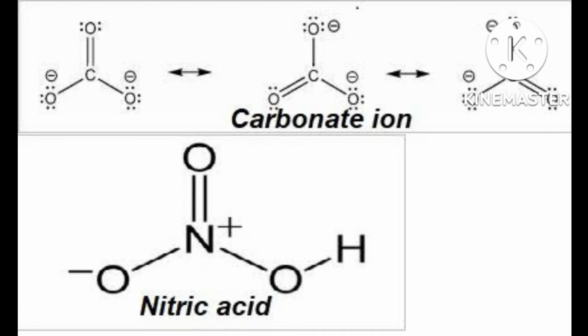The formal charge is based on a pure covalent view of bonding, in which electron pairs are shared equally by neighboring atoms. I have discussed it, and now again I am going to discuss